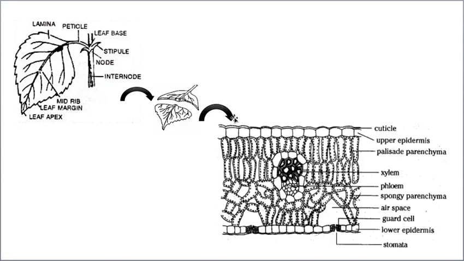When you observe it in the microscope, this is the proper internal structure of the leaf. If you take the internal structure of the leaf, it consists of upper epidermis. See, this is upper epidermis. You just follow my arrow mark. Don't get confused. Just follow this arrow mark and everything will be clear to you.